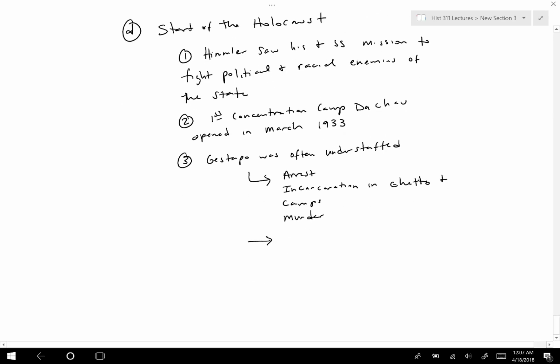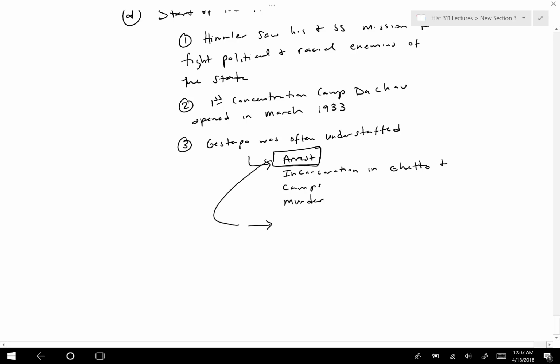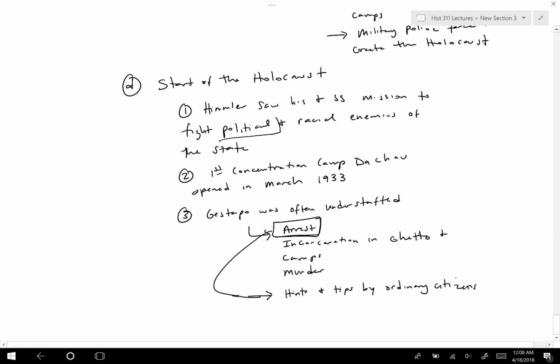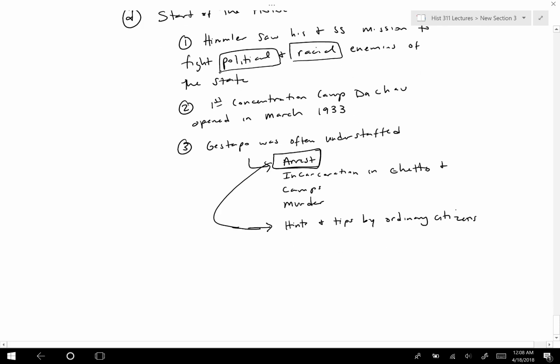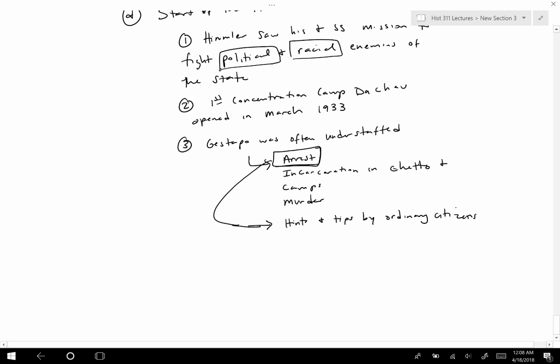But because this takes a lot of people, and especially finding people, they often relied on hints and tips by ordinary citizens. Right? Because, well, one, there was indoctrination. Some of it was personal too. The secret police, their goal was twofold, right? Political and racial enemies. So they were at both times targeting non-Jewish German citizens as well as the Jewish population to eliminate,